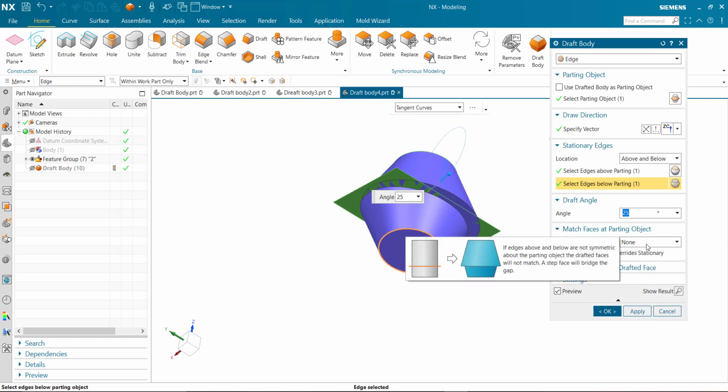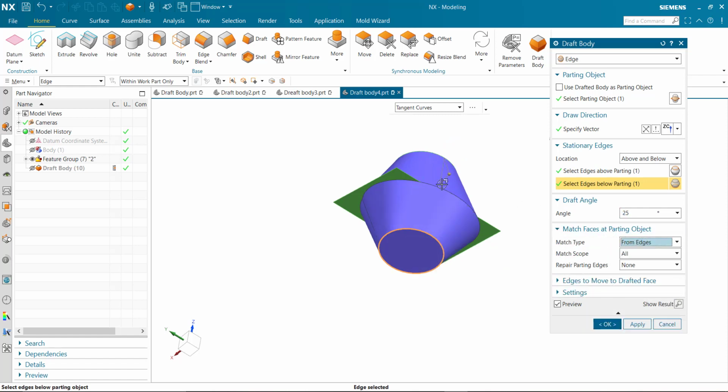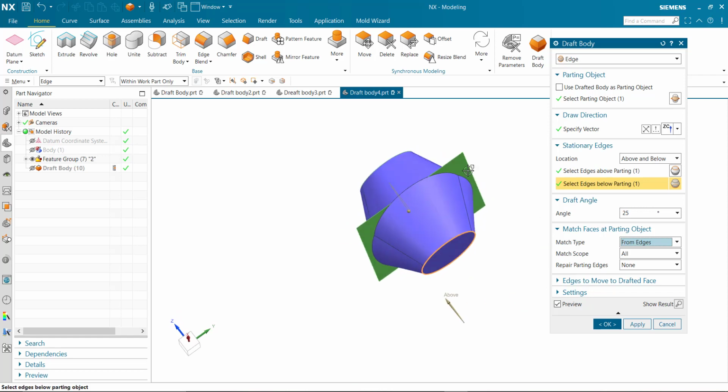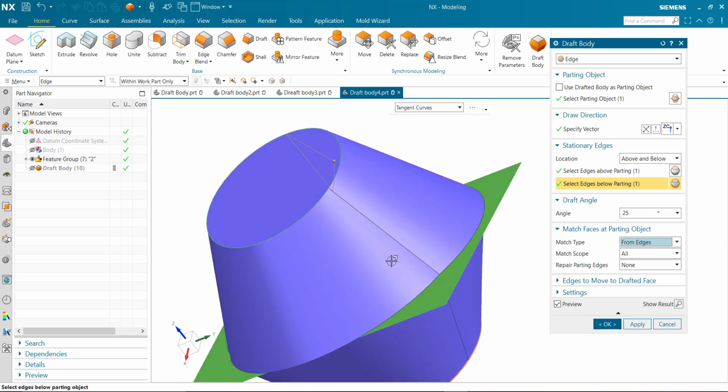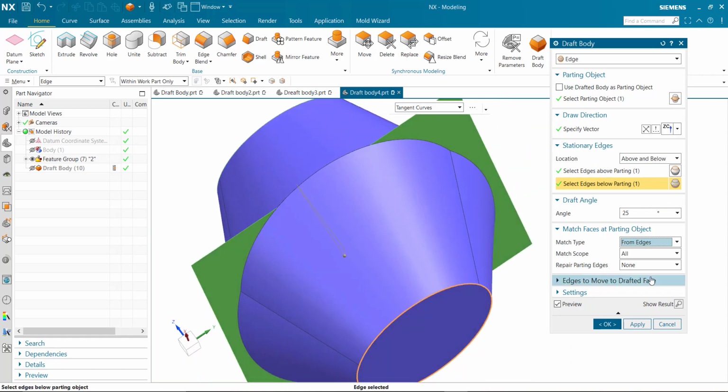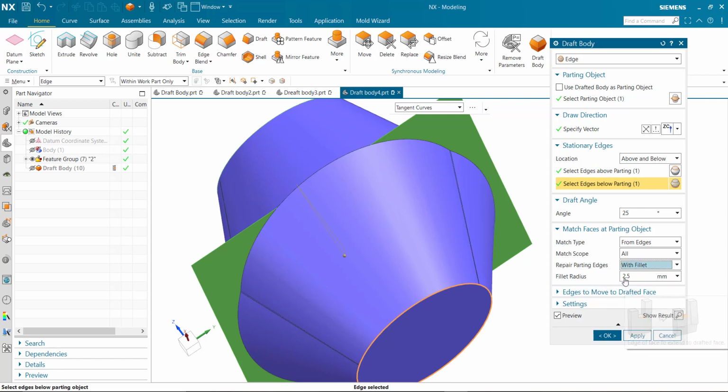Here we can also match the edge. If you want to add a radius to the sharp edges, then repair the parting line with fillet.